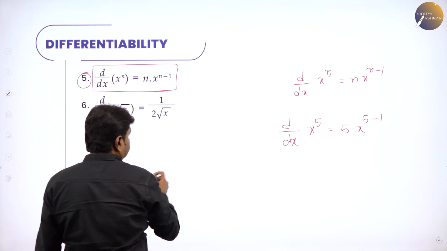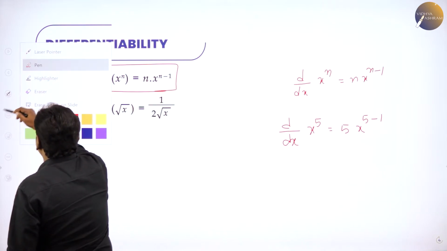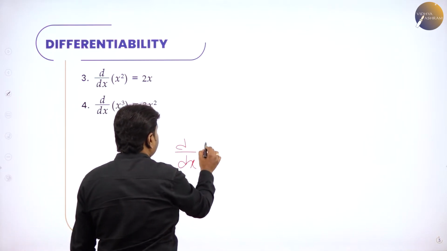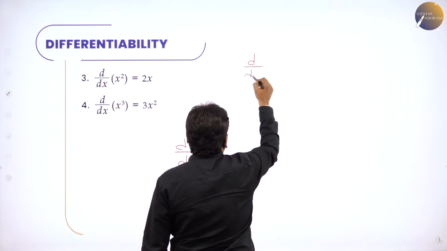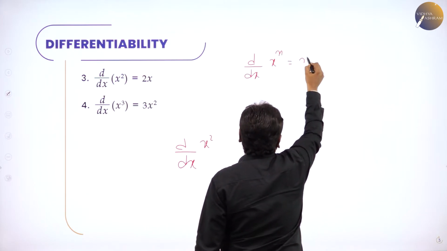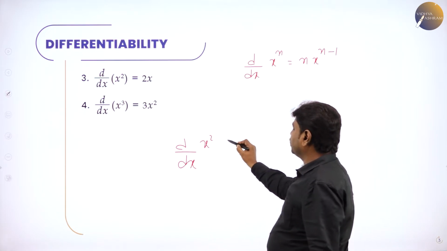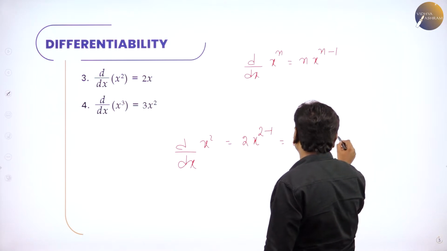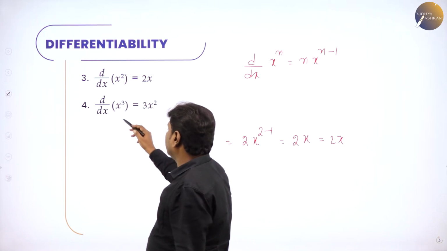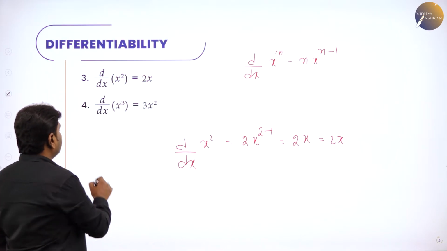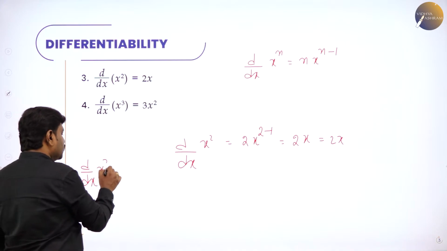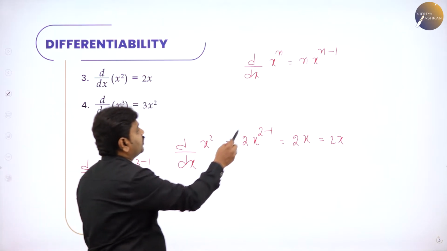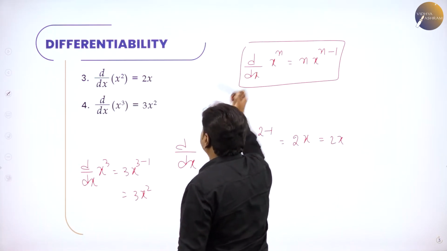Now further, we have other interesting formulae which are derived from this. That is d by dx of x square. My dear students, just now I told you d by dx of x power n is n into x power n minus 1. If I apply the same, it will become 2 into x power 2 minus 1. That will be 2 into x, that is 2x. Or directly, differentiation of x square is 2x. What is derivative of x cube? n into x power n minus 1. What is d by dx of x power 3? 3 into x power 3 minus 1. It will become 3x square. So that's why there is a very important formula, that is d by dx of x power n.